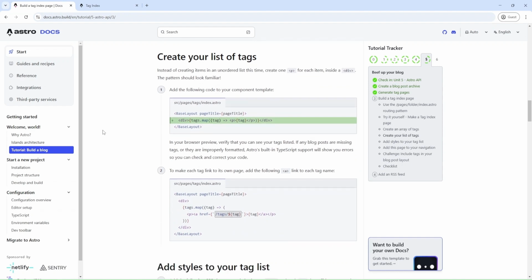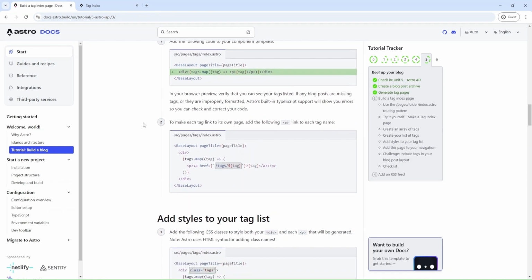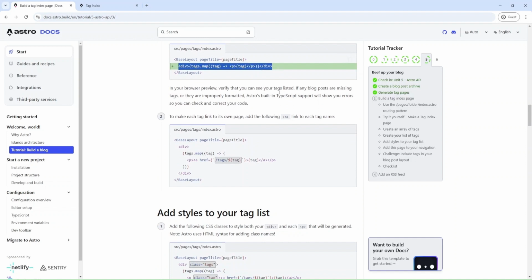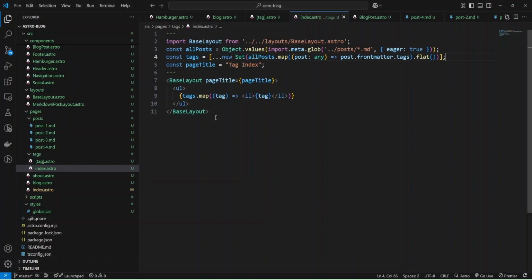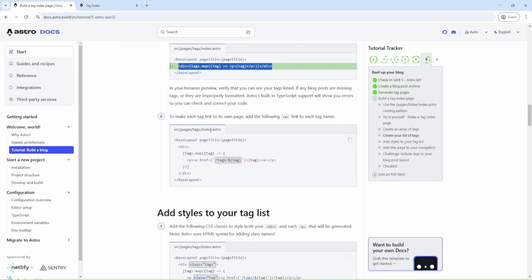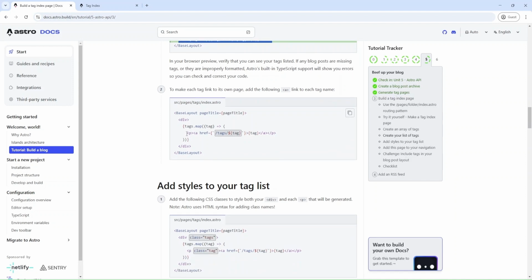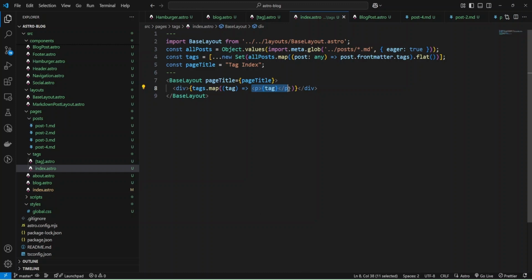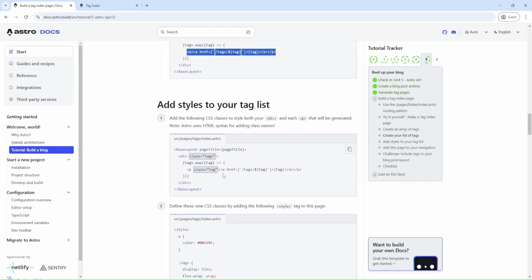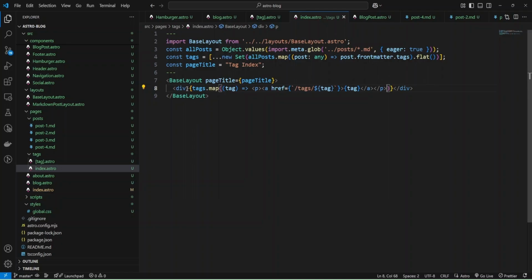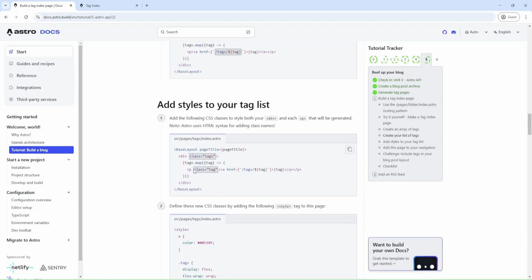Now we can create a list of tags, and I'll just copy this code, and we'll replace the code that we have, and also we'll change the paragraph. Okay, and we'll add some classes, and also for the paragraph.